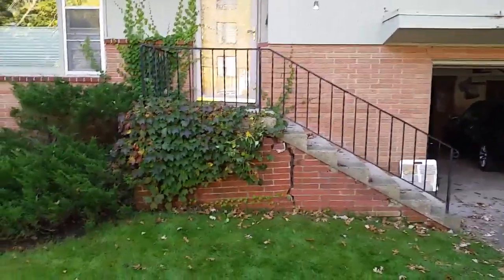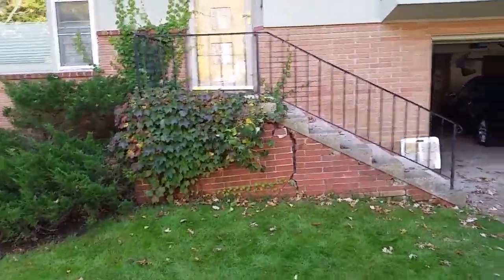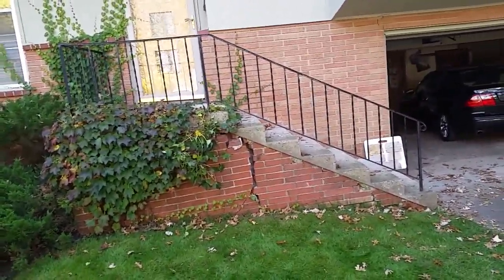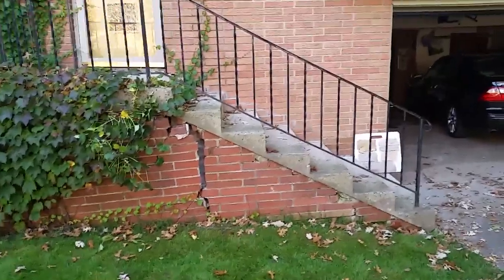Customer is looking to have a proposal to have his front steps replaced. So as you can see right now with the current configuration, you walk out the door and you walk down to the driveway. The first configuration is going to, or the first bid is going to be in that same configuration. The only difference is that right now they're 14-inch steps, and we're going to make them 12-inch steps and